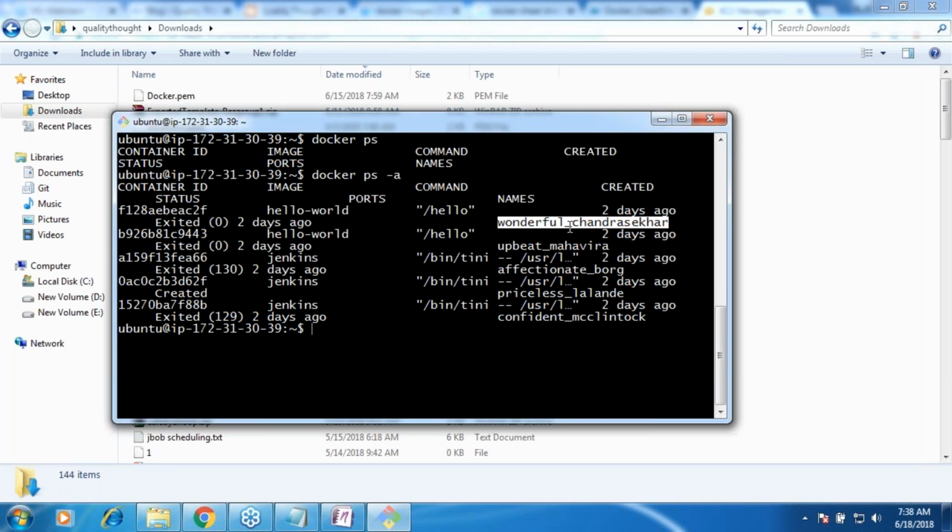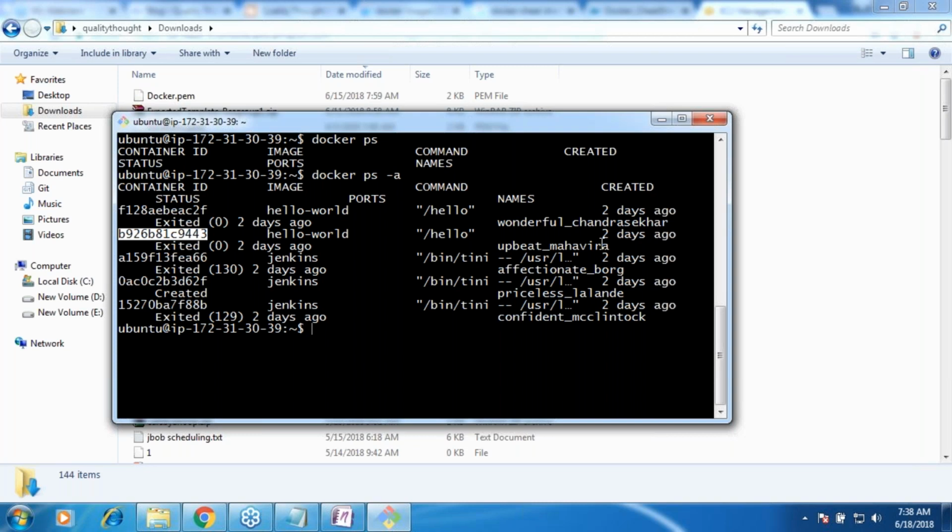Right? For example, in Hello World, we have two different Hello Worlds which we have launched. The first time we launched, we didn't have that image, and the second time when we ran, we already had the image. So every time you launch, a container will have a unique container ID and a unique container name, and you can use any of these two to control it. Are we good? So an image will have an image ID, and a container will have a container ID. In an image, the created date which you are seeing is not the actual creation date which you have done. It is the creation date of the image actually.